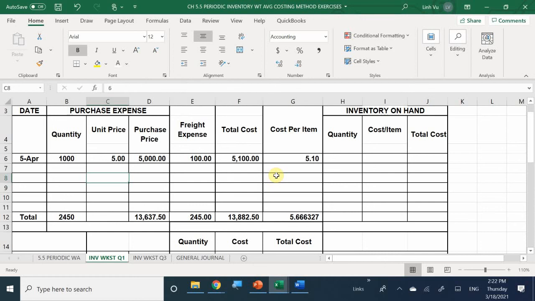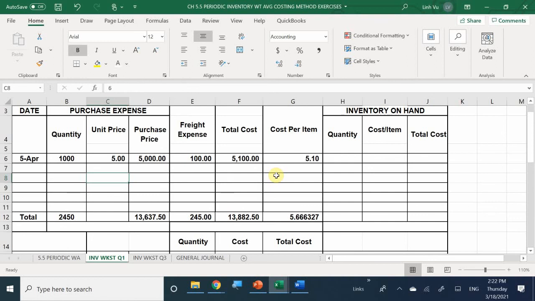The total cost divided by the quantity. So it'd be 5,100 divided by 1,000, which gives you